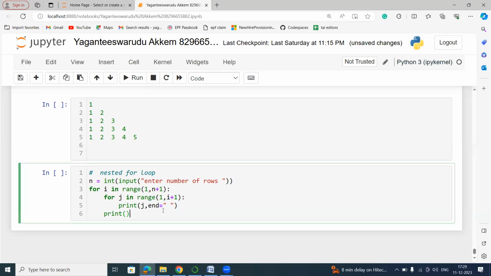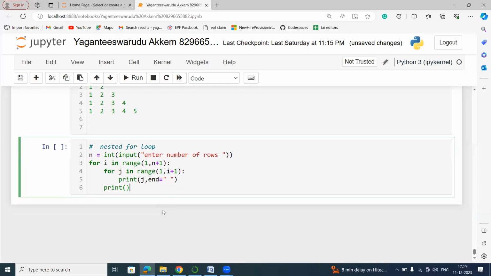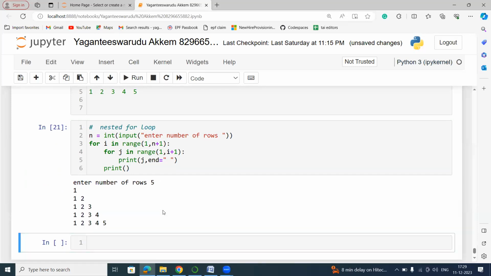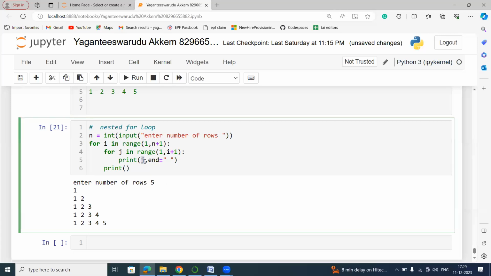So just execute this program, enter number of rows. You can see 1, 1 2, 1 2 3. So why I am printing j here is, the j value contains whatever pattern I require. And similarly, if you wanted to execute the same program,